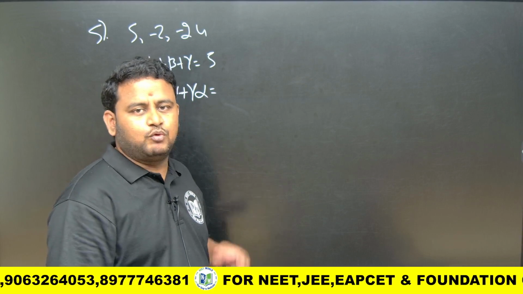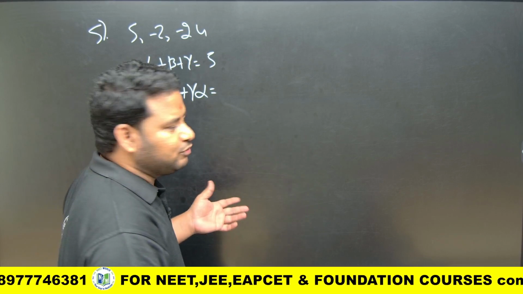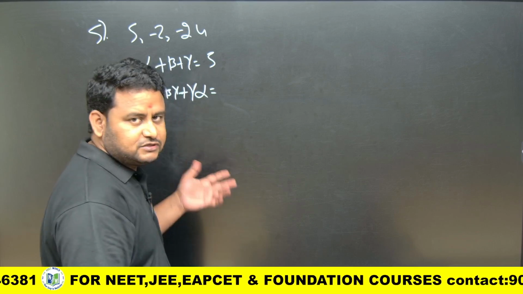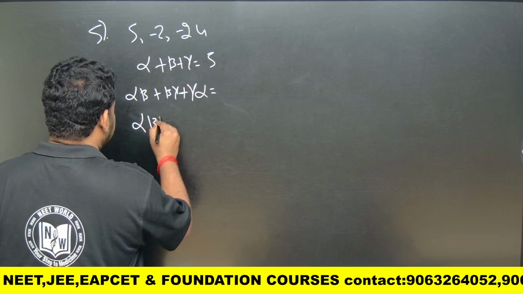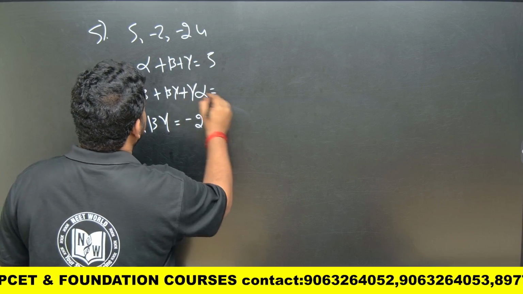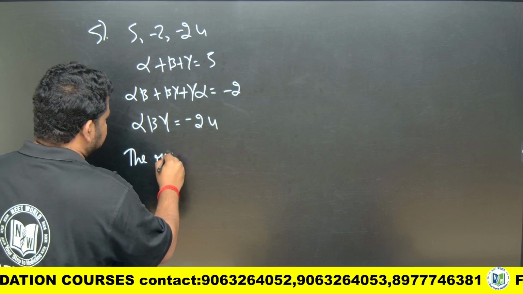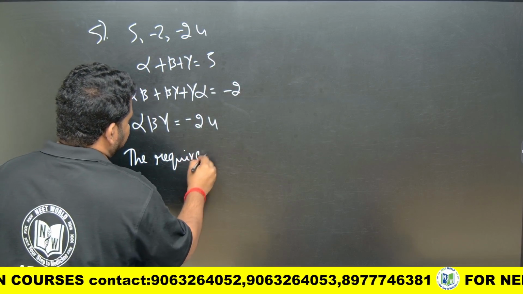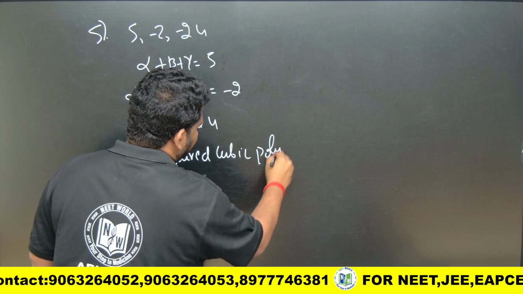So here one step is less for us, because they have already given the sum of the zeros, the product of the zeros taken two at a time, and also the product of the zeros. We have to find the cubic polynomial. So alpha beta gamma is equal to what? Alpha beta gamma is equal to minus 24. So the required cubic polynomial is